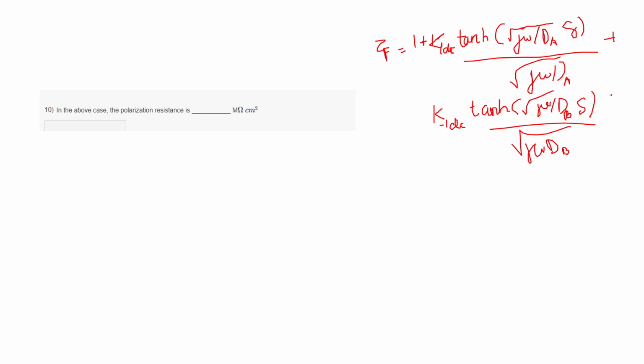This is the formula, right? This will be the numerator by the denominator, K1 DC C at x equal to 0 minus,